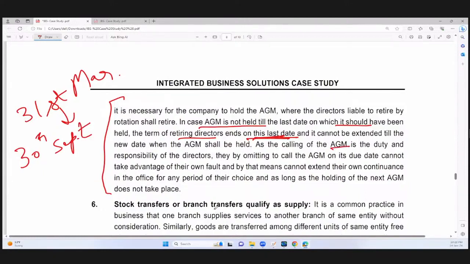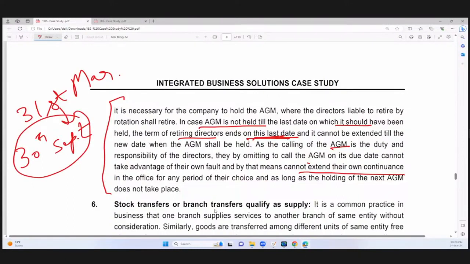Calling of AGM is the duty and responsibility of directors. So it is their fault, and as long as they fail to call the AGM on its due date, they cannot take advantage of their own fault, and by that means cannot extend their own continuance. So in that case, the retiring auditors cannot be reappointed. If the AGM is not held by 30th September, that does not mean the retiring auditors